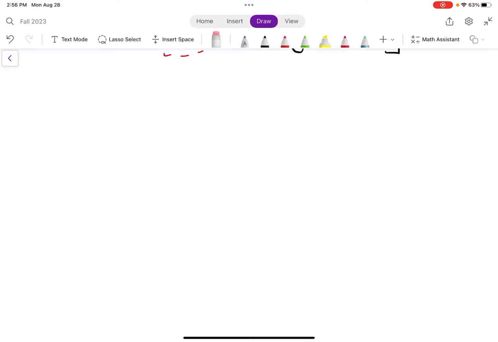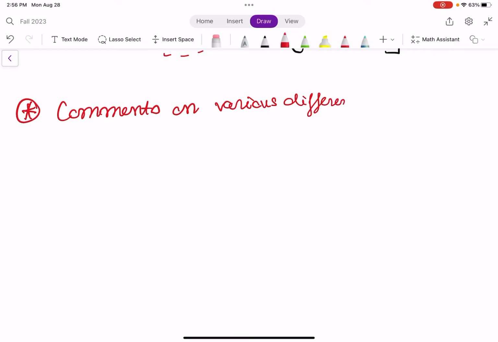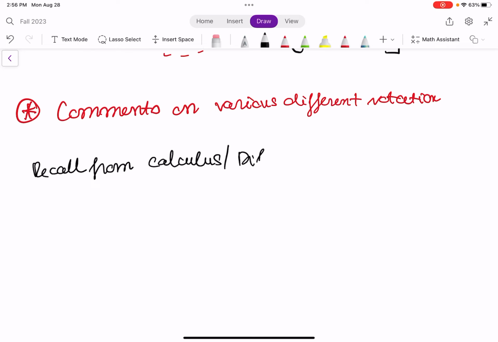So let's say, before we start, I'd like to comment on various different notations. So you notice something interesting, right? If you recall from calculus or differential equation class,